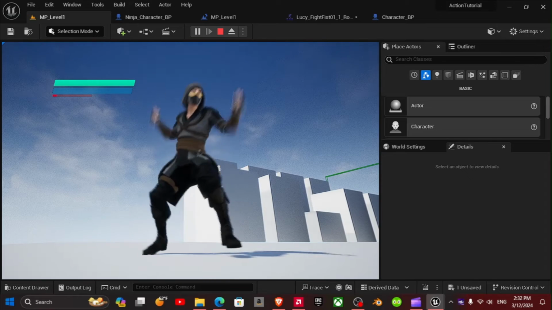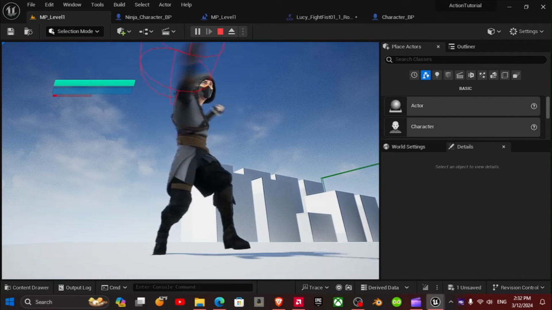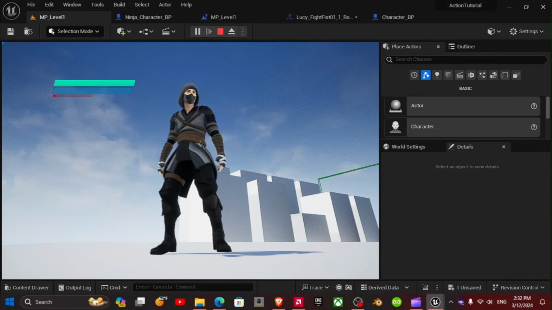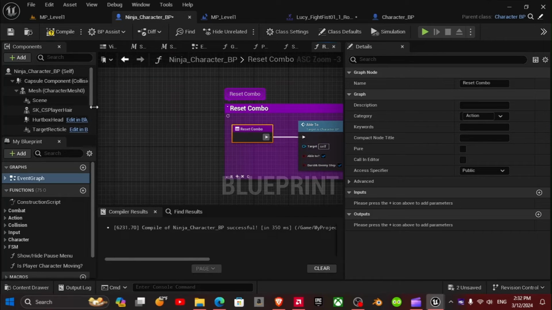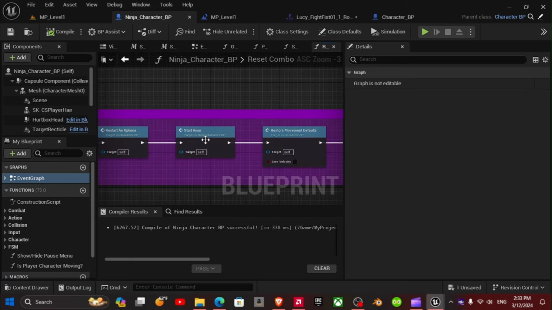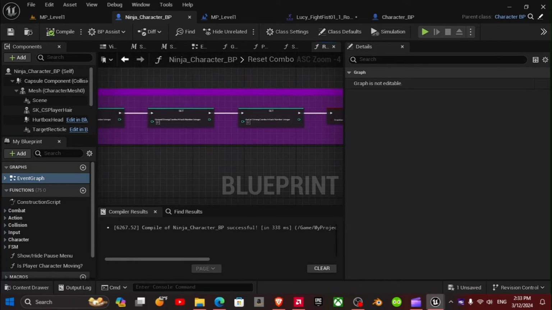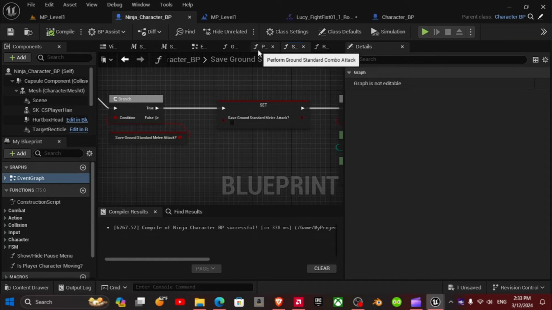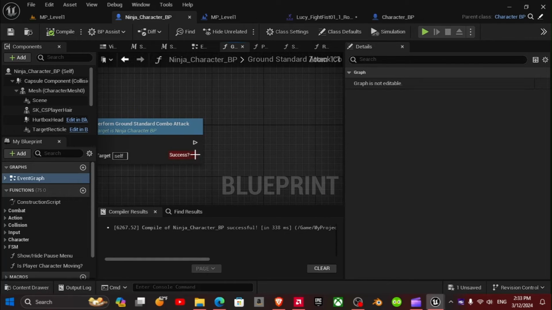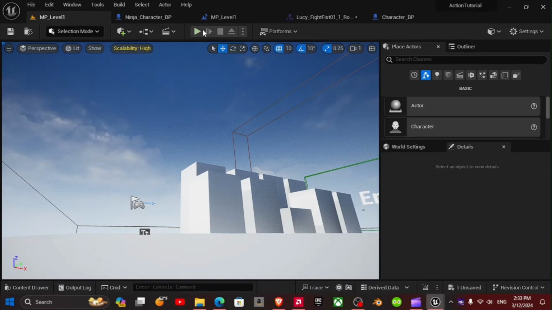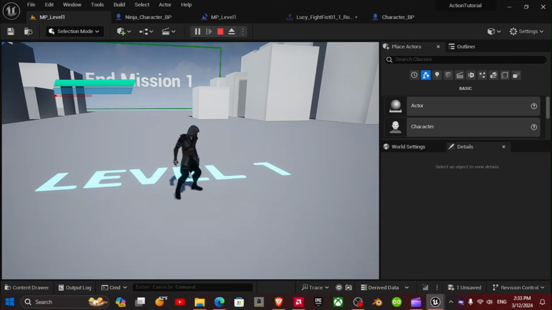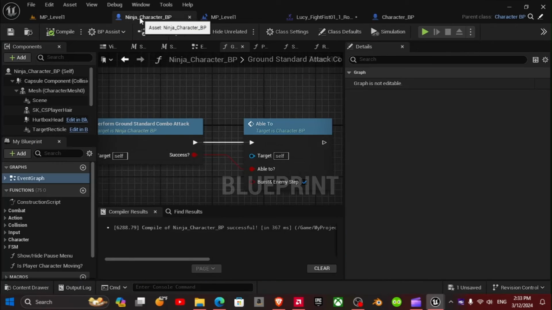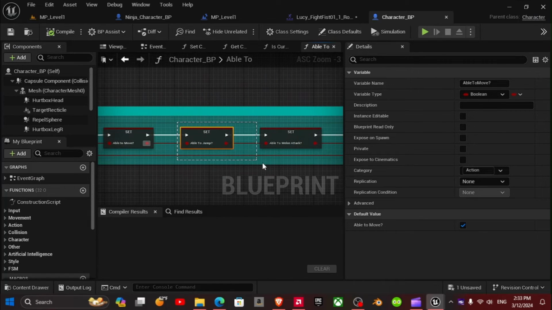Better than before, but still using the same attack. Okay. Let's use this.